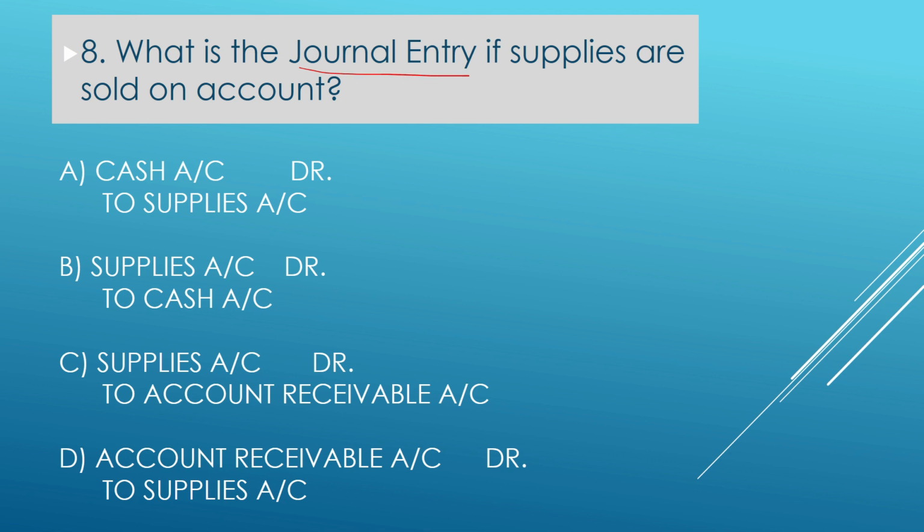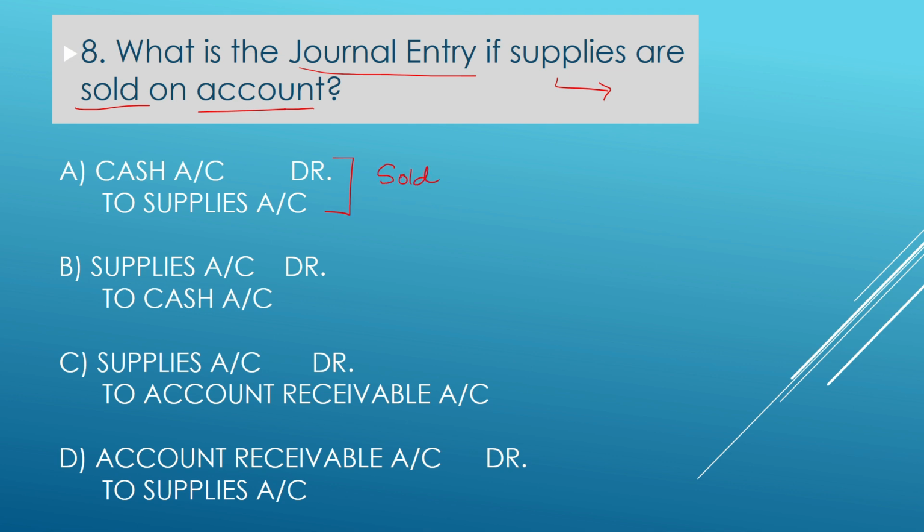What is the journal entry if the supplies are sold on account? You have to see, supplies are sold. So when supplies are sold, supplies will go out. And you are selling it on account. So on account, if you are selling, your cash will not come, but your accounts receivable will increase. Okay, so let us see the entries. The first entry that you are seeing here, let us see what it is representing: cash account debit to supplies. This is the journal entry when supplies are